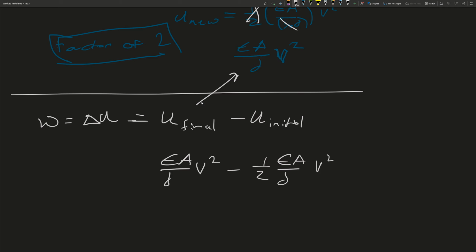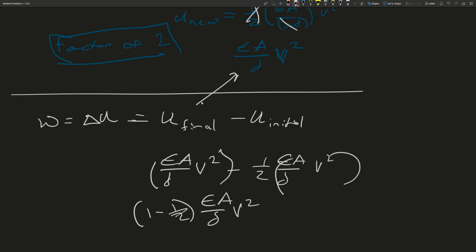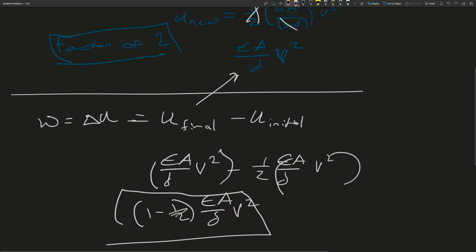If you factor this out, it just turns into 1 minus 1/2 times epsilon A over D V squared. But you can see that 1 minus 1/2 is just a factor of 1/2. So we're back where we started,